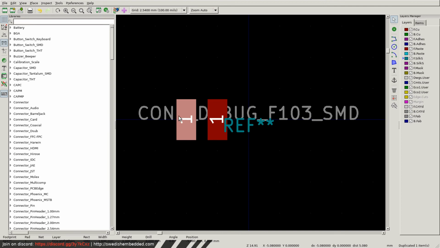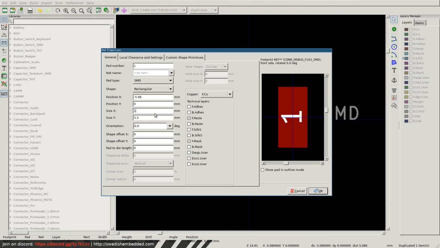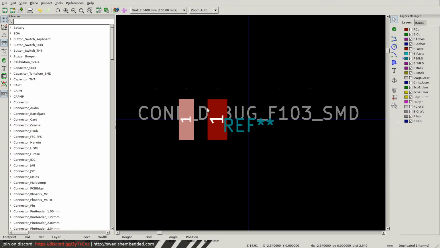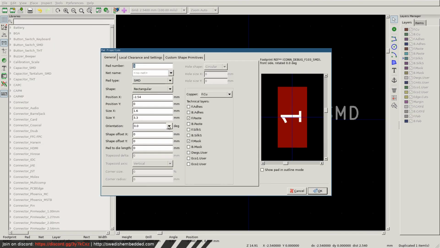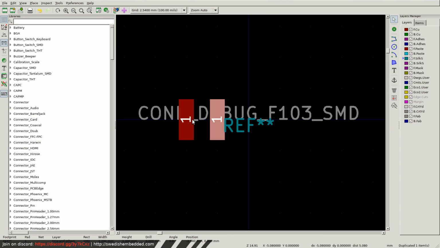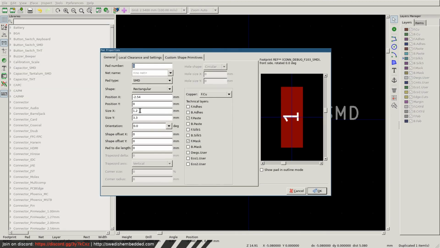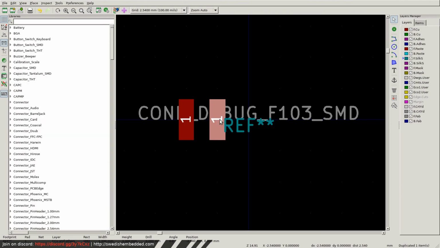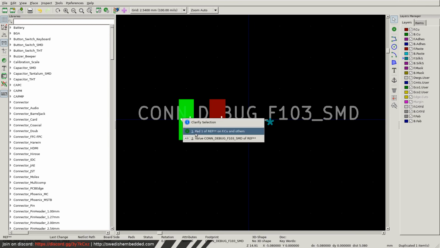Actually, I'm going to try to measure it and see. So the pin is 0.65. So actually 1 millimeter would be plenty in this case. Let's make it 1.2 to have a little bit extra pad area. Oh, actually, I'm going to make it 1.3. It's always good to have some extra pad area, because